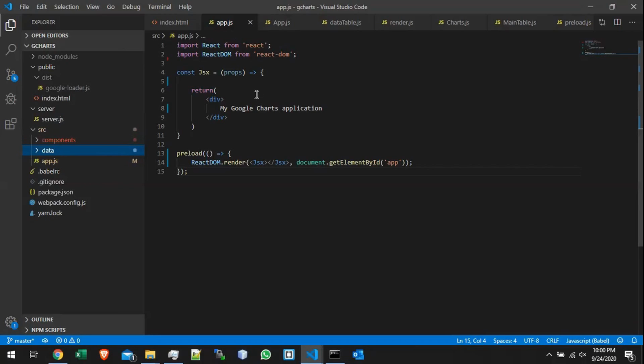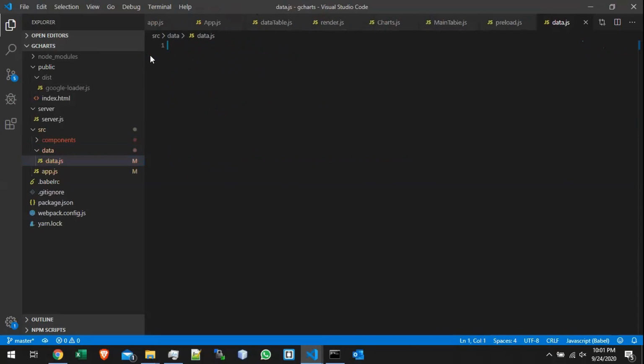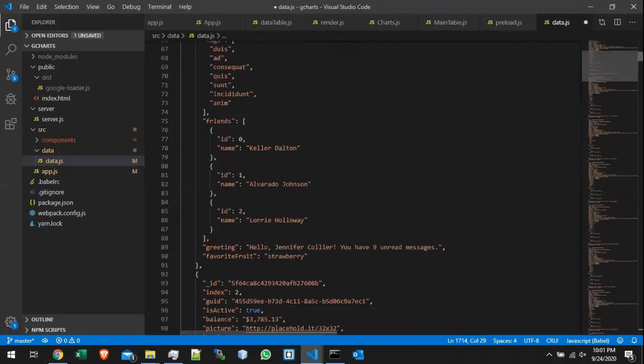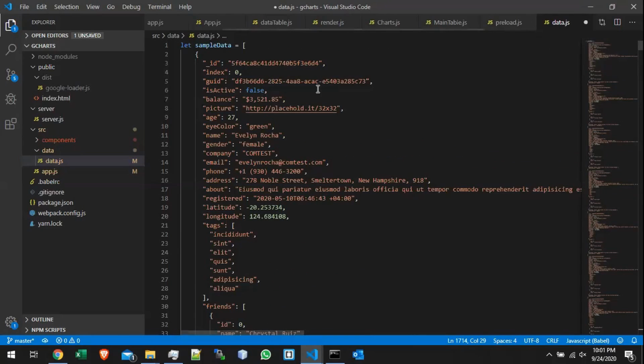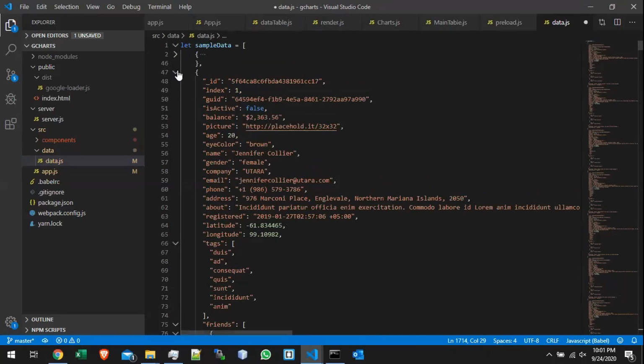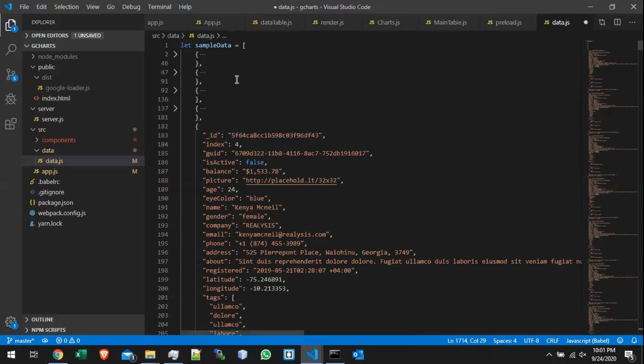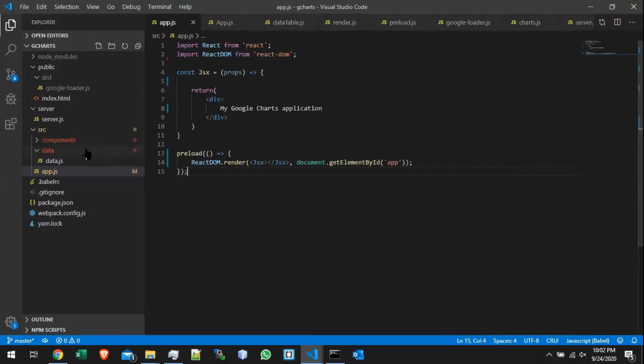You might be wondering where we're going to get the data to display. I just so happen to have a bunch of dummy data already, created with a JSON generator. So we'll just create that file while we're here, data.js, and it's going to be a variable called sampleData. And we're going to have about 100, or maybe less. I'm not sure exactly how many objects we have here, what the count is, but we have enough to have several slices in a pie chart. So we'll save our work there. So we have our data.js,